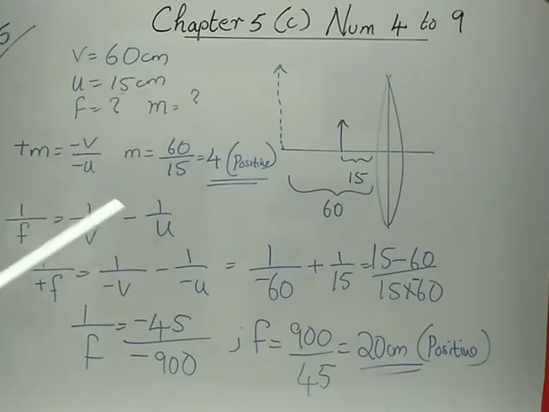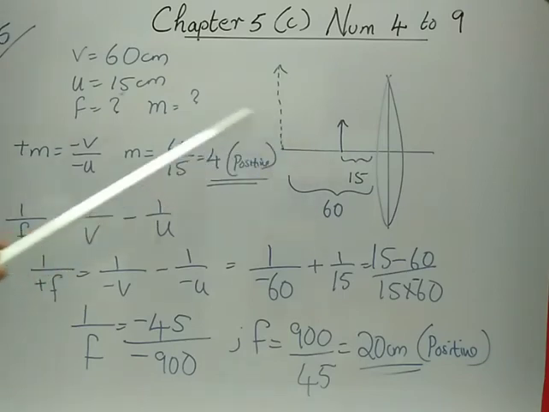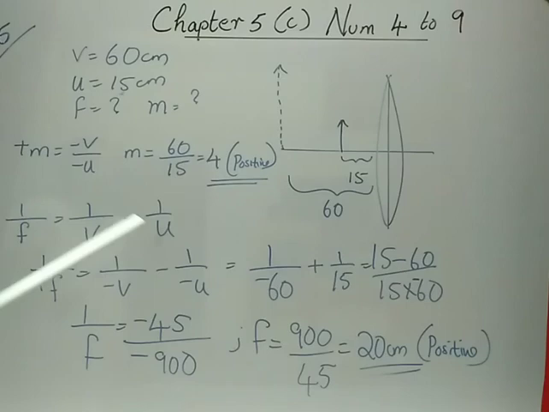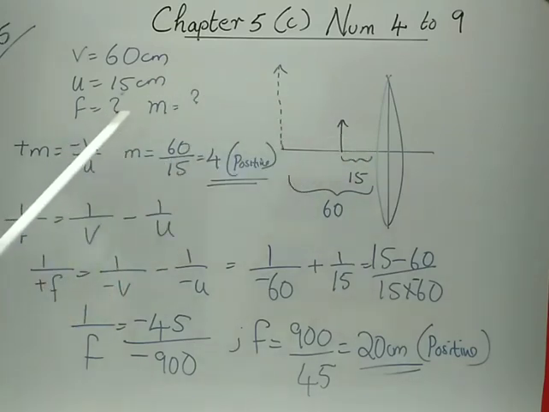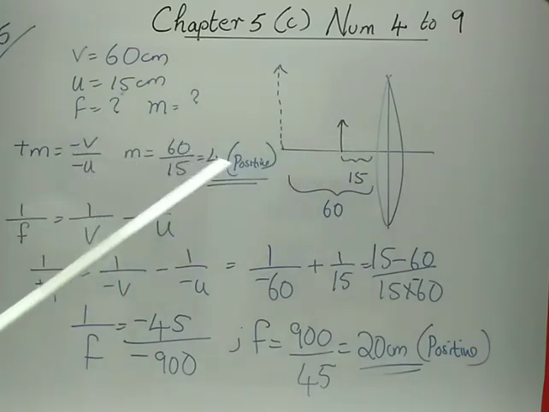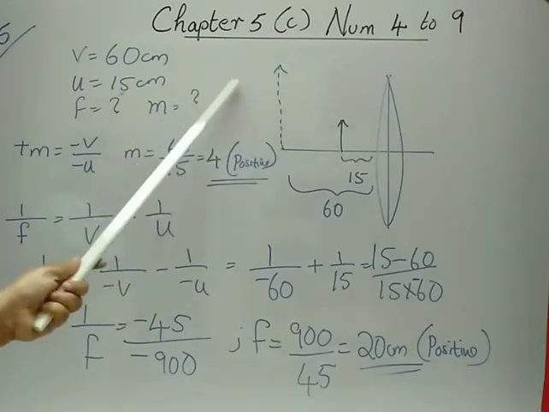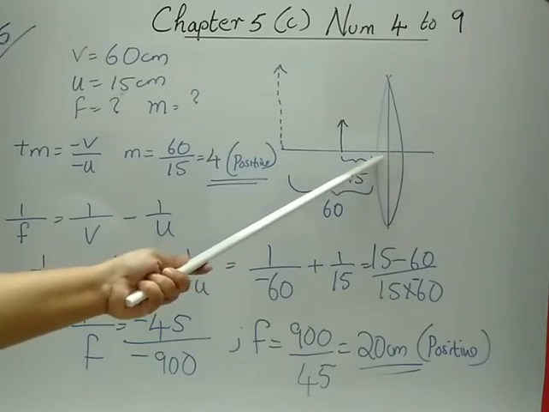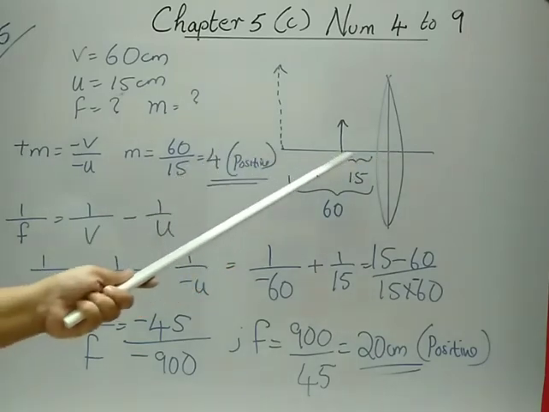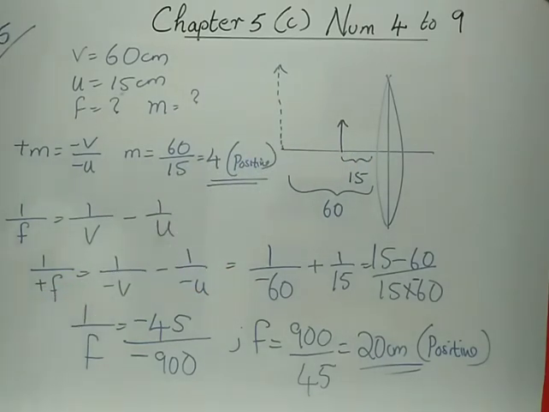So magnification, you know the image is formed on the same side. So it is erect. So it is above the principal axis. So virtual image magnification is positive. Here both U and V are in front of the lens, that is in the direction the incident ray is in. We will take the measurement from the optical center towards the left. So both U and V, it is negative.